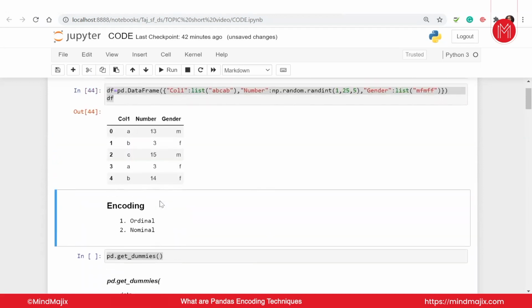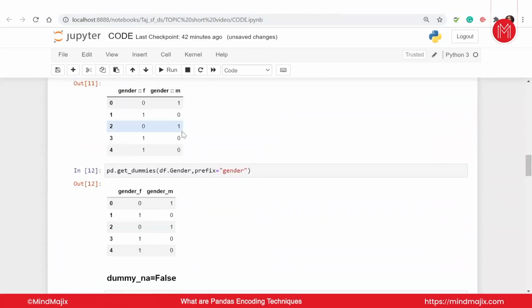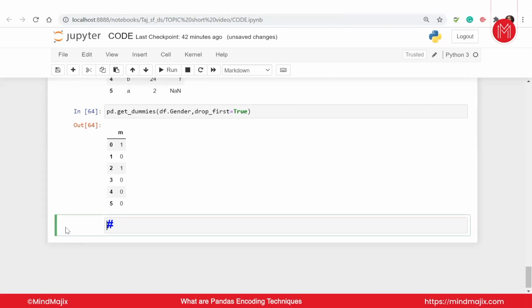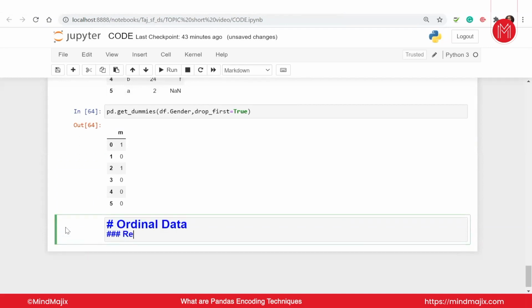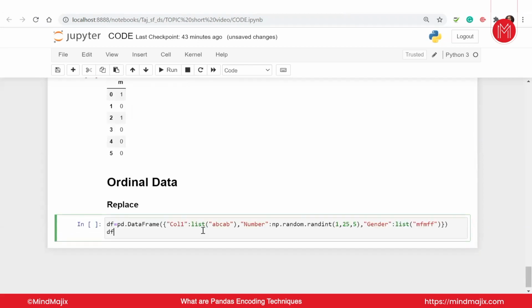Like we have the values in my data set. The columns like gender do not have any order, so I don't really worry about what kind of encoding I do for them. Okay, but take the same data. Suppose I make a markdown cell. Replace is what we're going to use. So we have this data, I have this column.